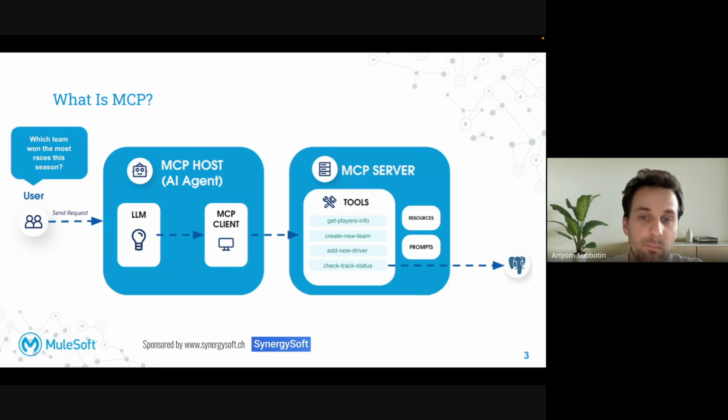While the second subpoint is SSE, or server-sent events. How does it work? It consistently keeps the connection open for updates and other notifications. Due to this, it can lead to any kind of issues. That's why the best option here is to use the streamable HTTP transport mechanism. So these are the main points you need to know about MCP, the high-level overview.